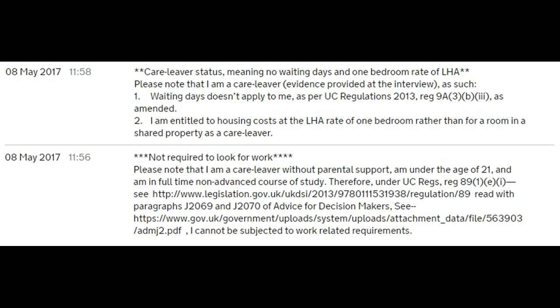One of the other issues that affects care leavers is that waiting days do not apply to you. So usually after someone has made a claim for universal credit, there will be a 7-day gap before your claim is considered to be live and for your pay to be backdated. But if you're a care leaver, your pay will be backdated to the very day that you made the initial claim. Additionally, as a care leaver, you are entitled to the 1-bedroom rate of local housing allowance as opposed to